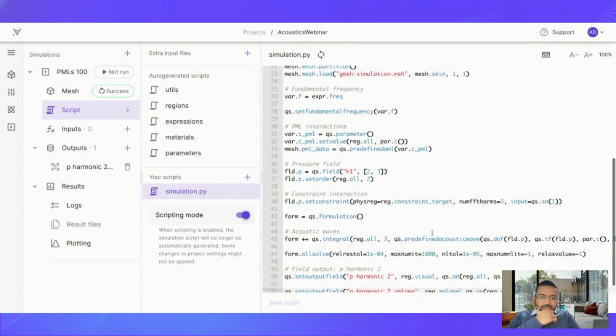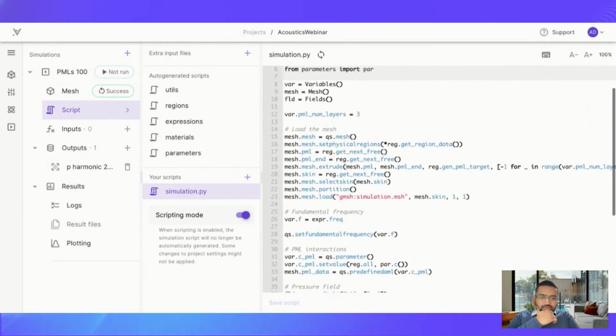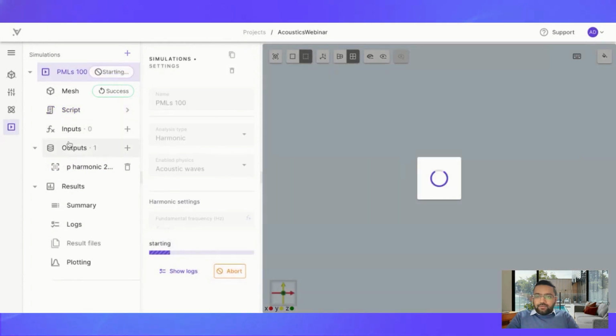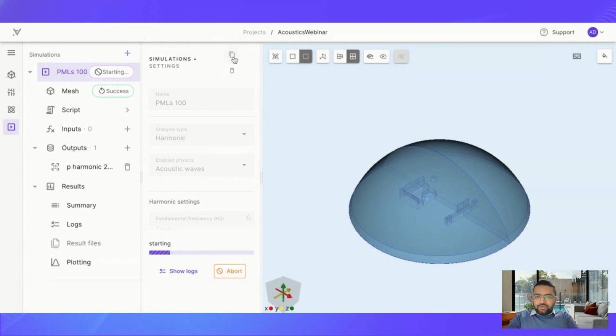This is all set up now, so we are good to start the simulation. And that's all. You have 50 lines of script here. Let's start the simulation already. And while this simulation is running, you can already make a copy of the simulation